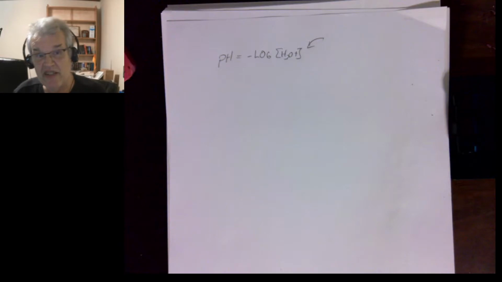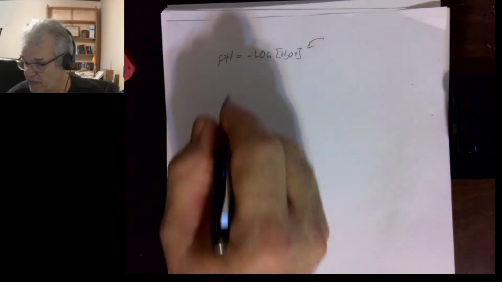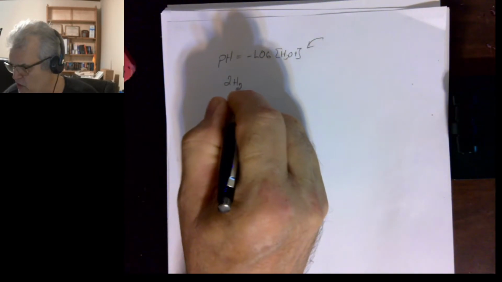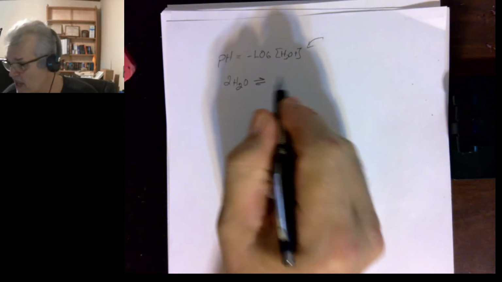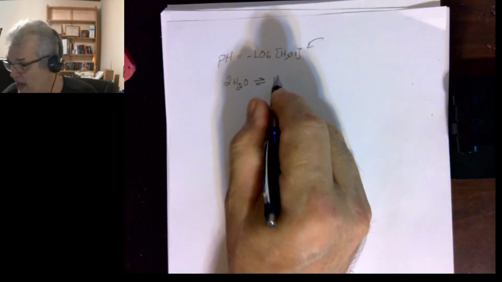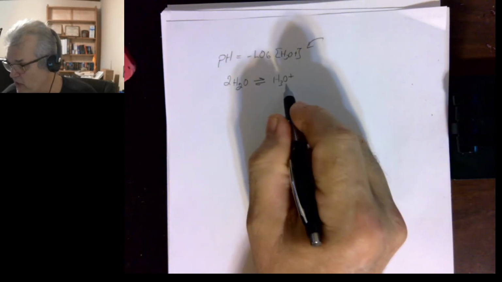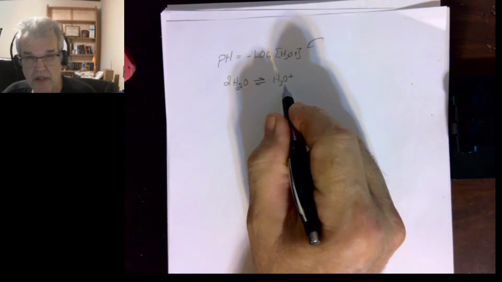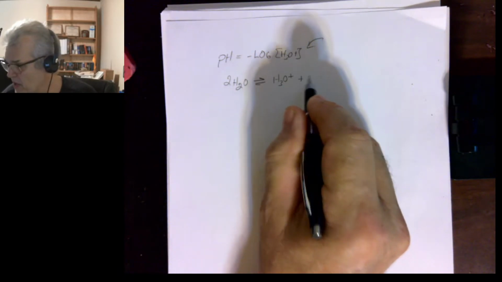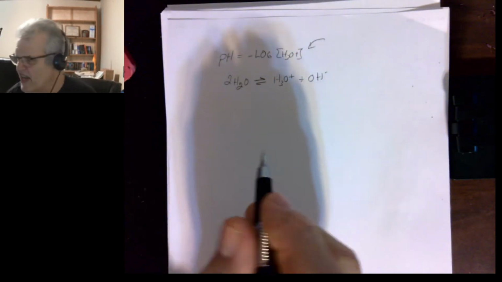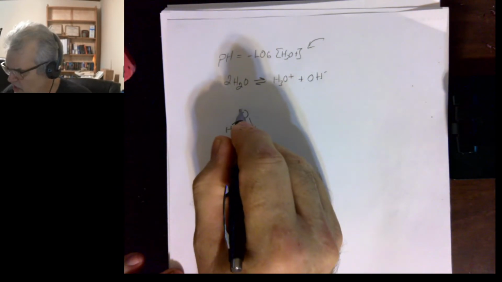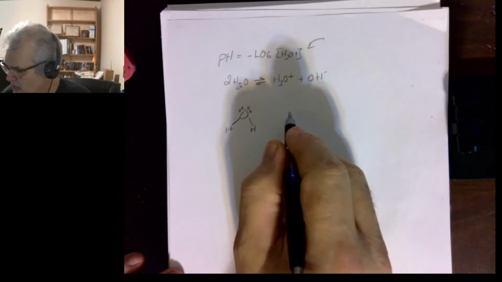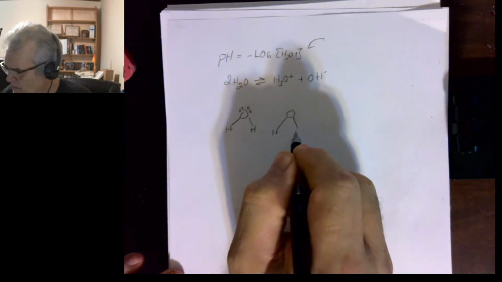And the reason for that is that water is amphoteric. It acts as both an acid and a base. And we can see that if we have two water molecules, they can in solution, remember this is an equilibrium, go to produce a hydronium ion. That's what sometimes will be given to you as H+, but really it's H3O+, plus OH-. Now you can kind of see this if you look at a water molecule, right? That's the oxygen, the hydrogens. It's got two lone pairs of electrons. So if I have two of them like this,